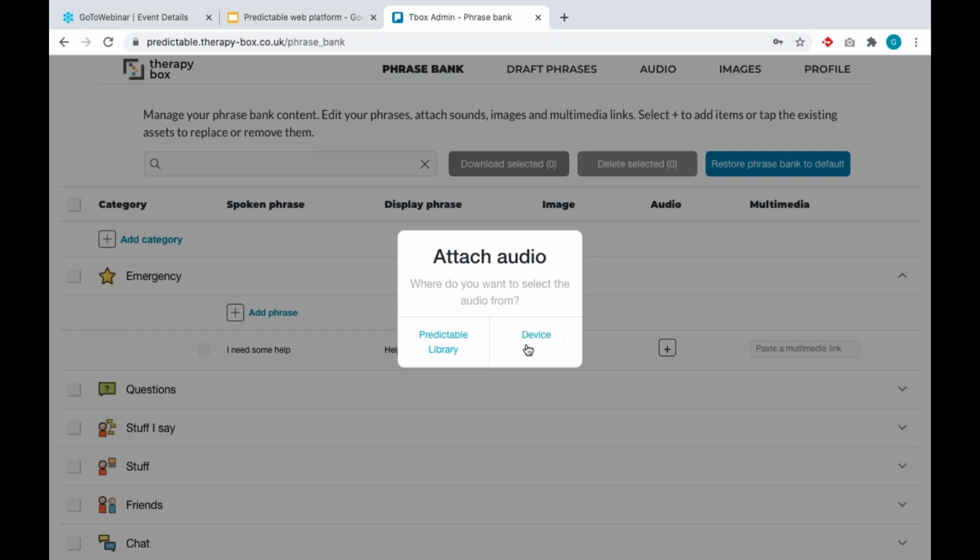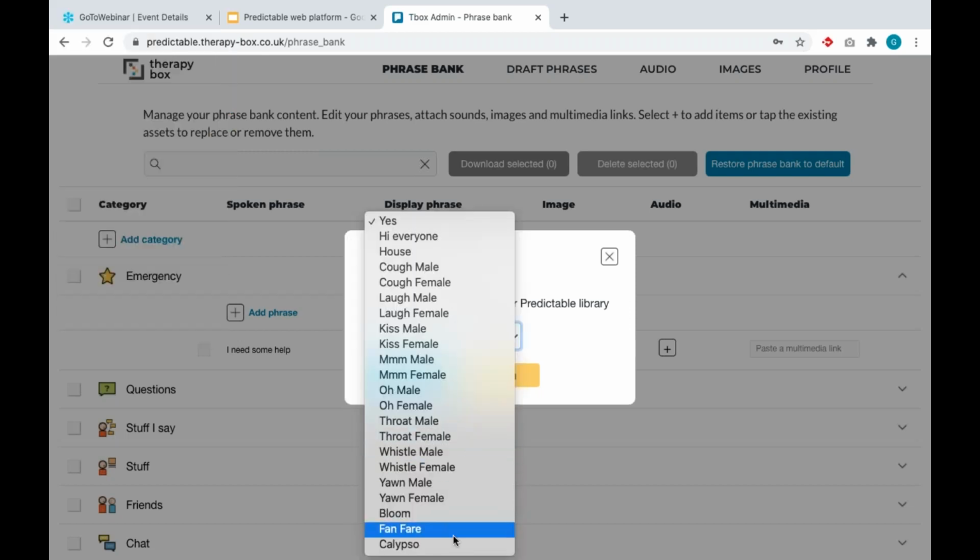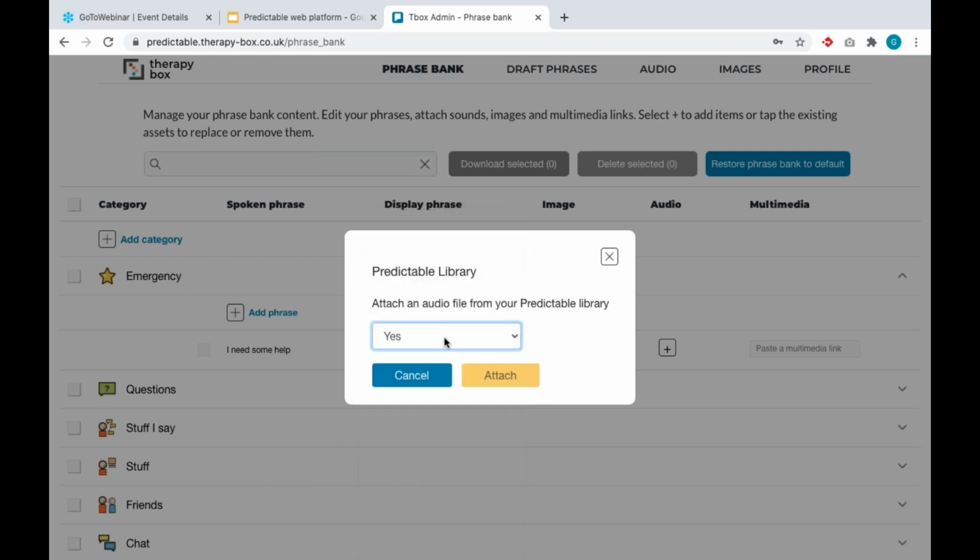So again, I can either attach an audio file from my device, or I can attach an audio file from Predictable library. As we saw previously in the app, I only have the default sounds at the moment and the "hi everyone" that I recorded from the app. So I'm not going to attach a sound to it because I don't have a relevant sound.